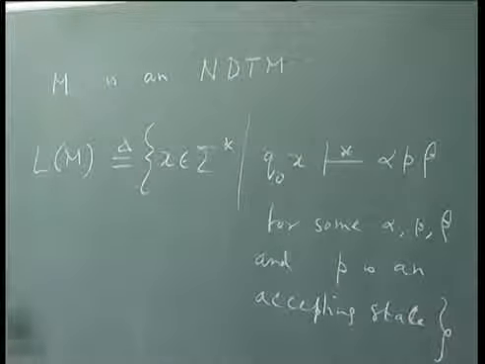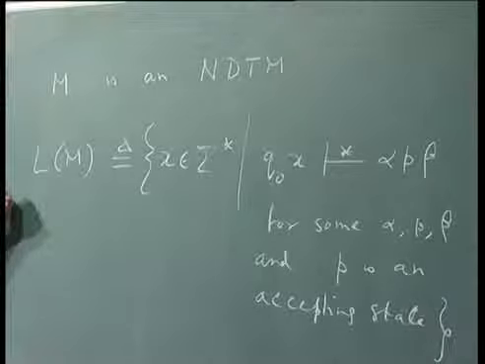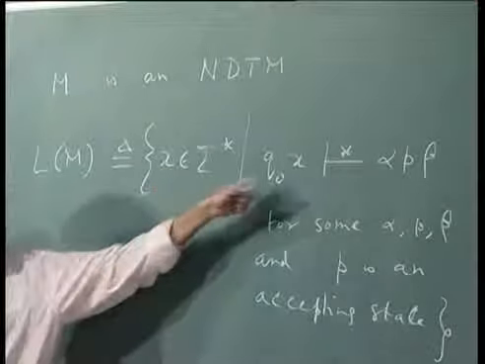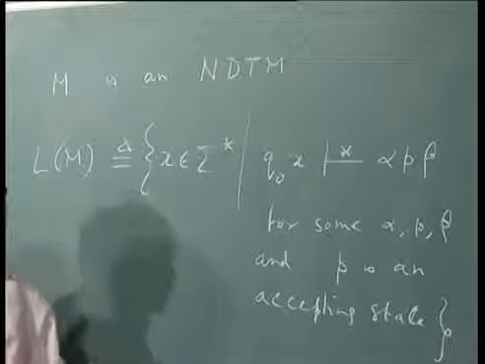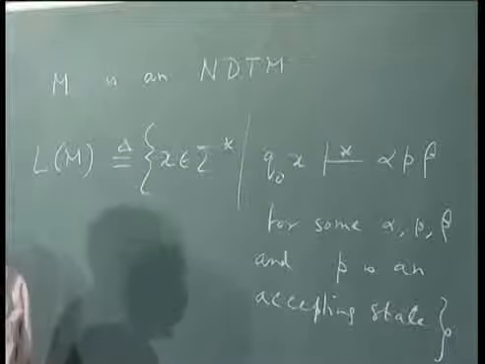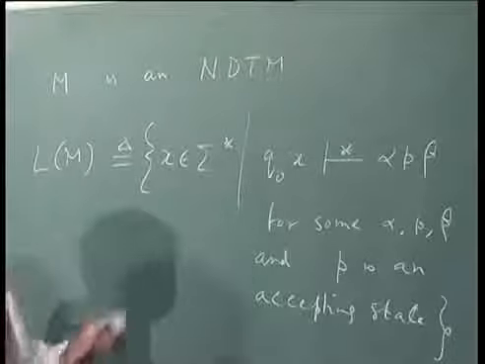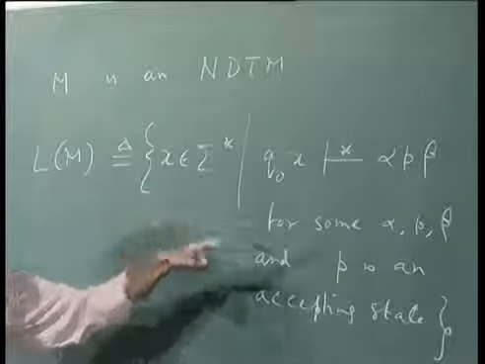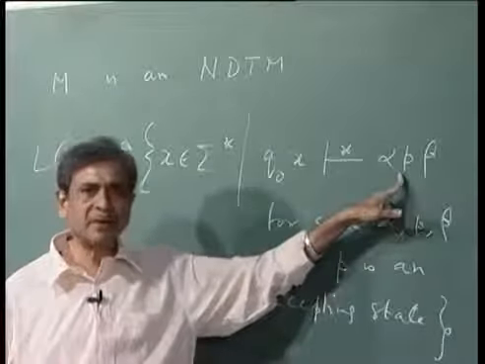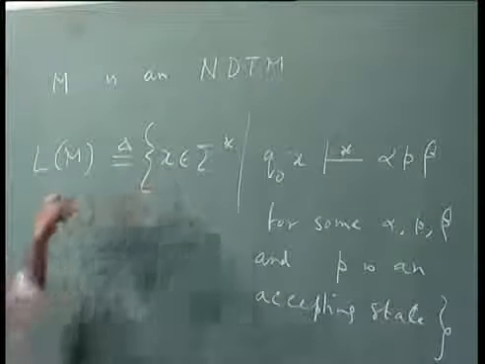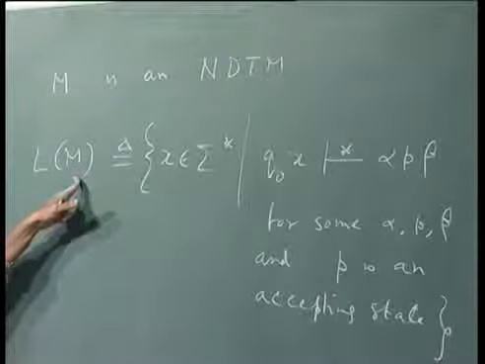All right. So, essentially the idea is very simple: if, starting a non-deterministic Turing machine in its initial configuration, there exists a sequence of configurations such that the machine can go from one configuration to the next, leading to an accepting configuration,